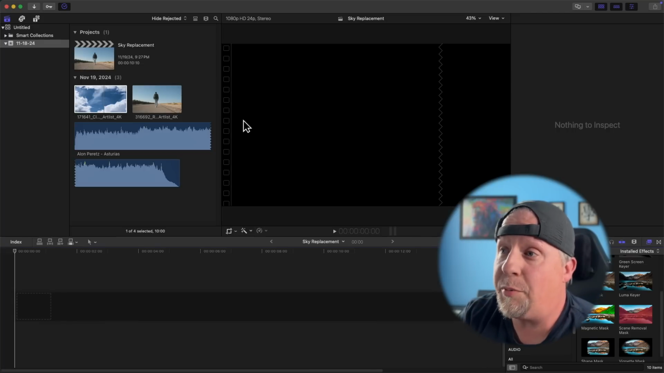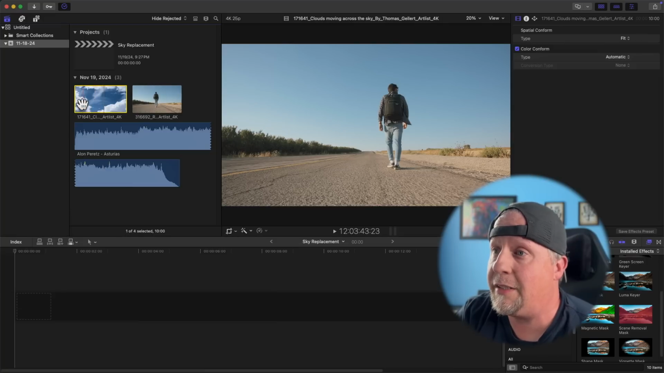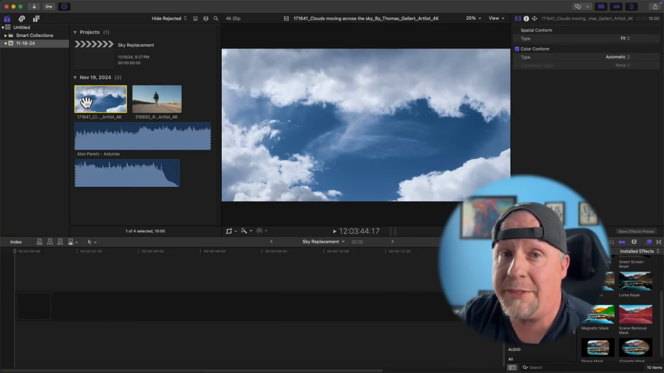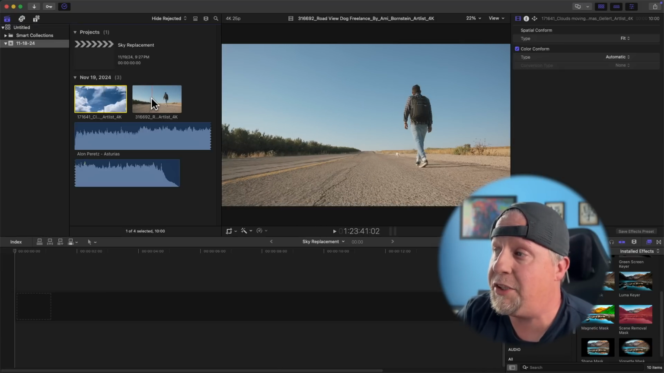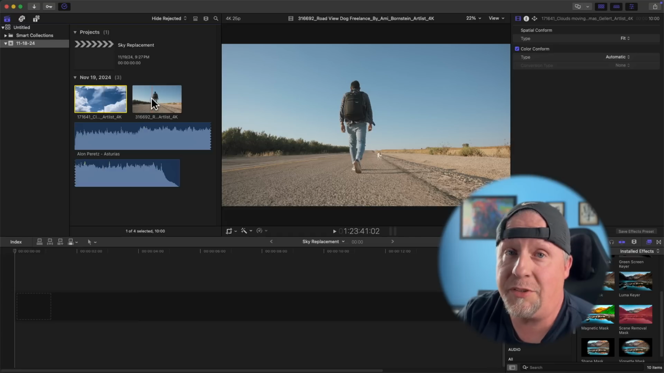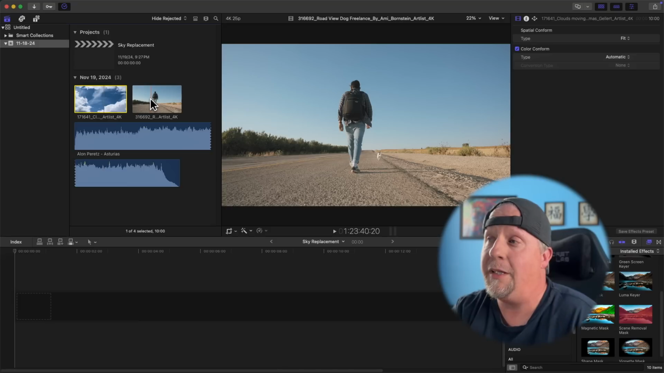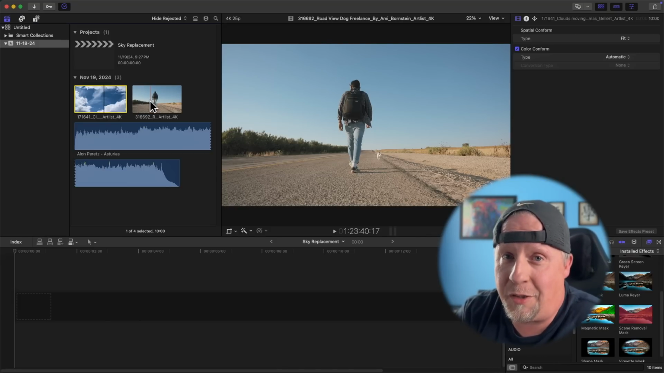Over here in Final Cut Pro, I've just got a few different clips in here. I've got a clip of a man walking, pretty simple, and I have a clip of a time-lapse sky in the background. I'm going to use this time-lapse sky to replace the sky that's here. Now I chose a very simple sky, just a blue sky that we're going to replace. It might get a little more complicated with the magnetic mask if you do something more complex, but we'll start simple,